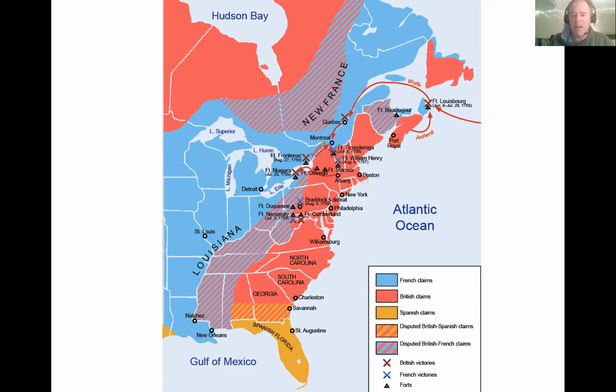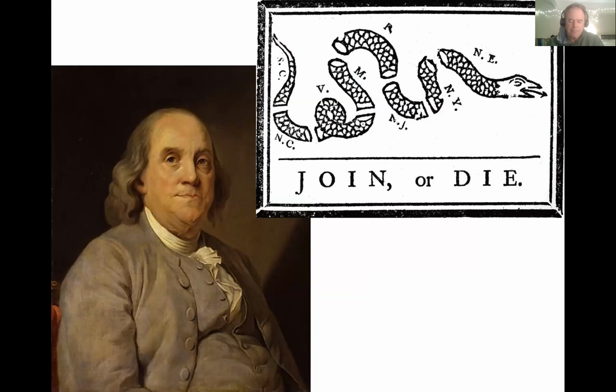So for instance, in one of the wars, Queen Anne's War, the British colonists in New England basically stage a raid on a major French port, Louisburg, which controls the French maritime provinces. They're able to capture Louisburg, but then Louisburg is transferred back to the French as a result of a complicated peace deal. And so there's this sense that develops that the British colonies actually have different interests than the mother country,